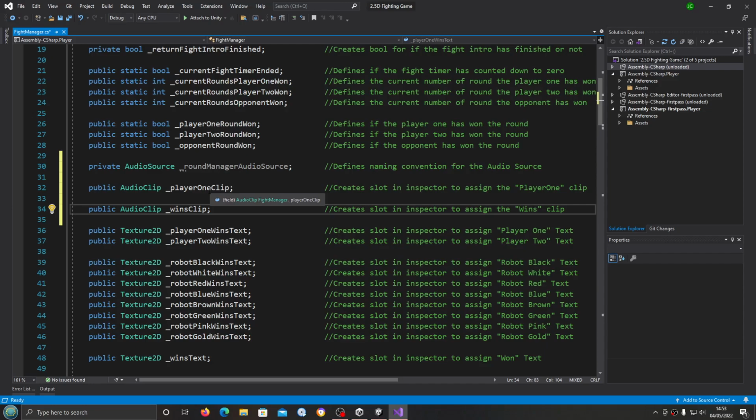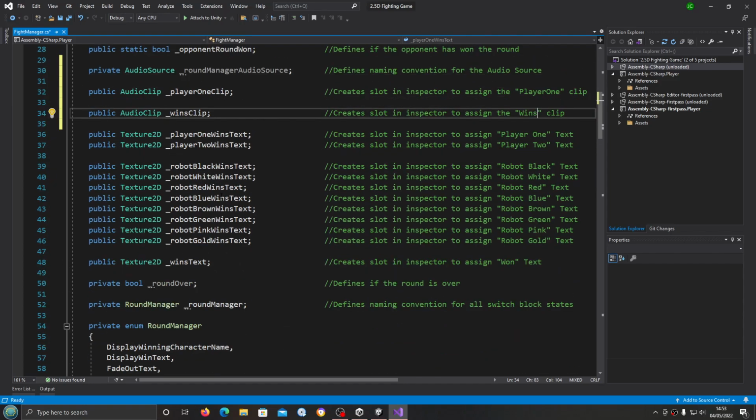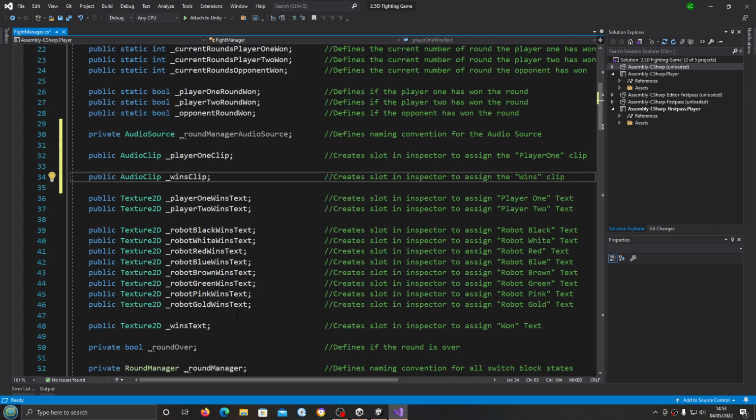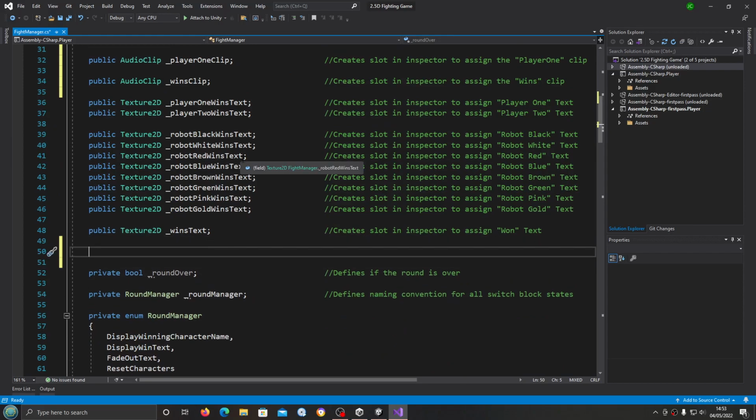Obviously we'll need audio sources for player 2 and all the different opponents, but we'll do the rest of the variables as and when we need them, just so we can get round to actually begin to fill out the functions. We do need to create two other things. I'm just going to put mine here below all the text variables. Private bool underscore displaying character text,